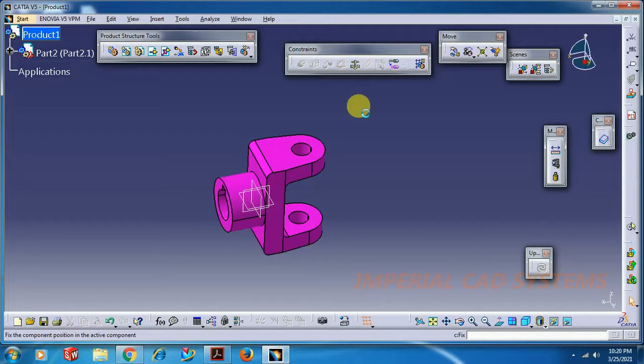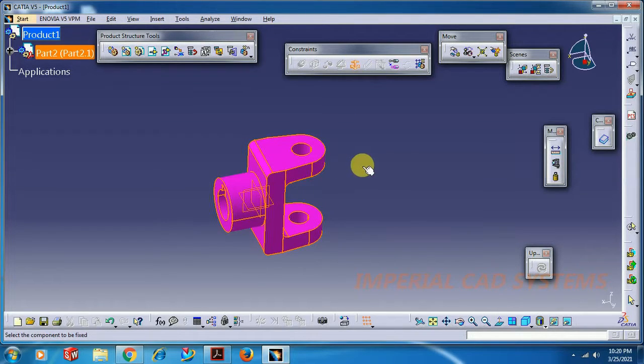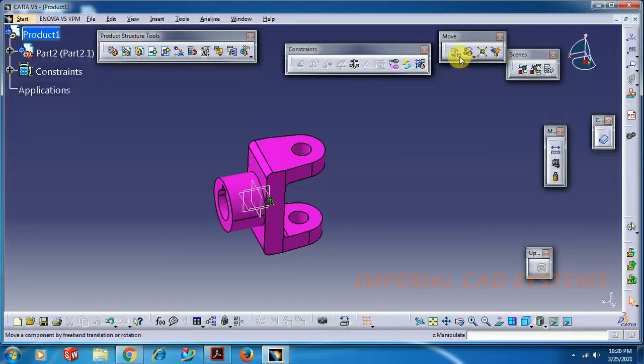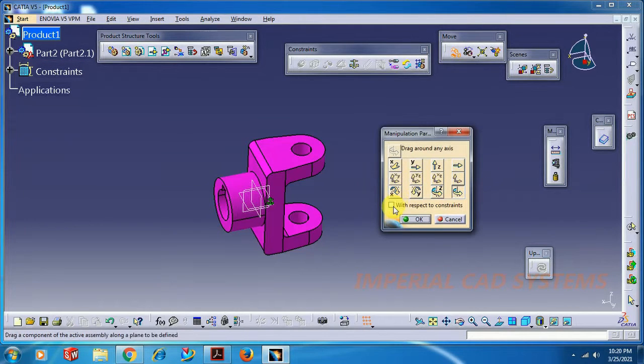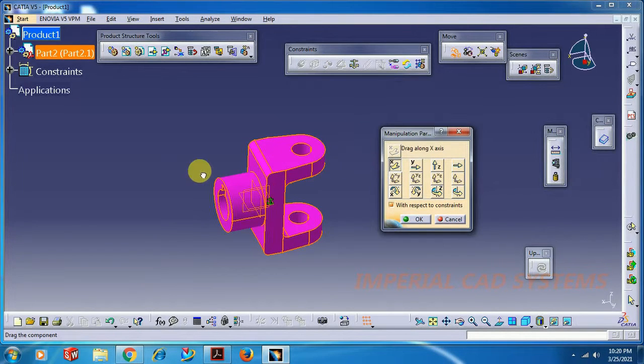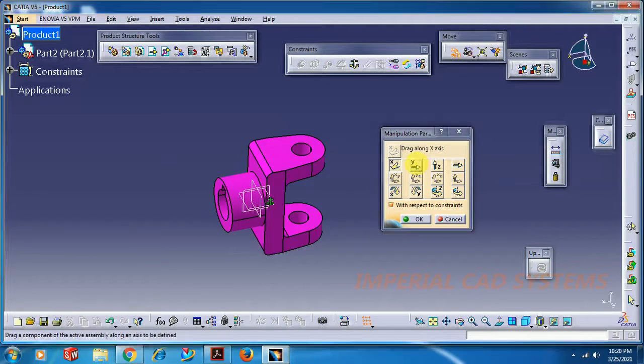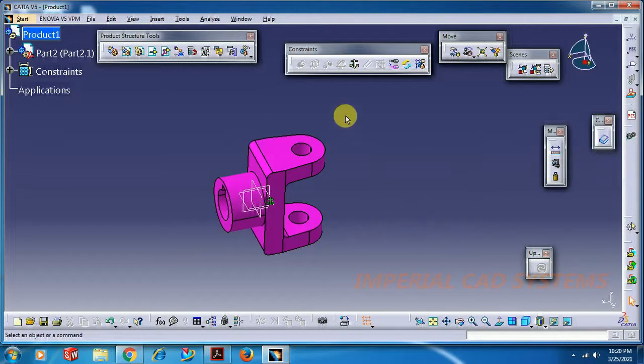If we apply the constraint fix, then all degrees of freedom will be arrested. Now check, go to manipulation, keep this always on. X arrested, Y arrested, Z arrested. So like this, the first component when we call, we have to apply the constraint fix.